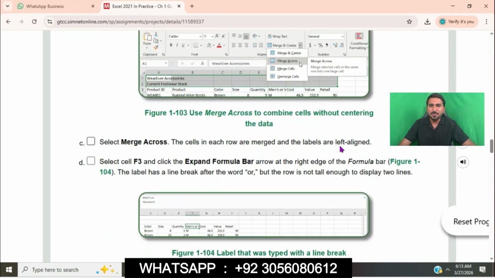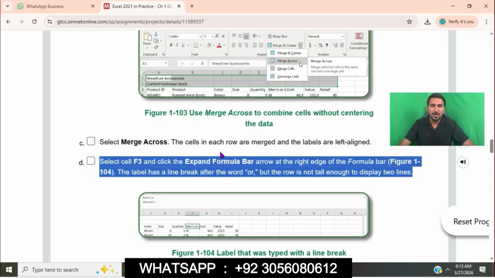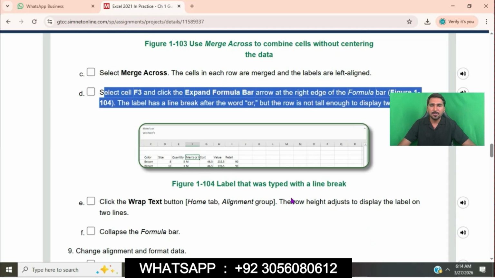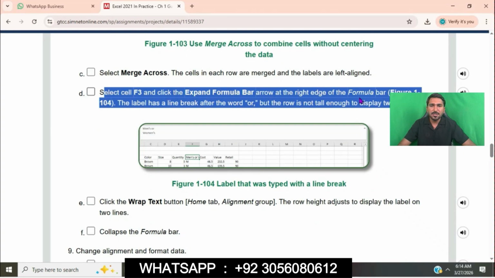Okay, point C, merge across the cells in each row, and the labels are left aligned. Select cell F3 and click the expand formula bar arrow at the right edge of the formula bar. The label has a line break after the word, but the row is not tall enough to display it.